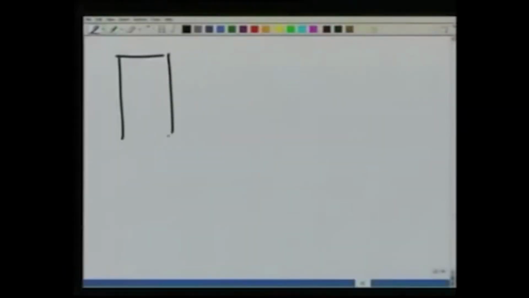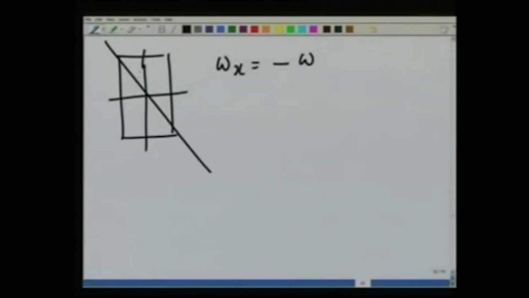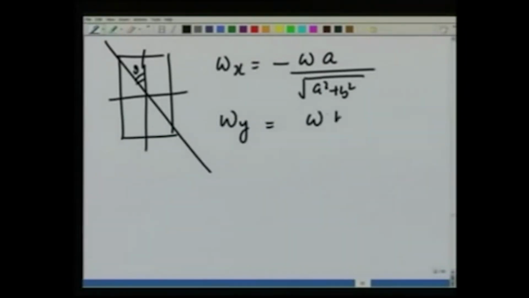Therefore, I have omega x equal to minus omega a over square root of a square plus b square,